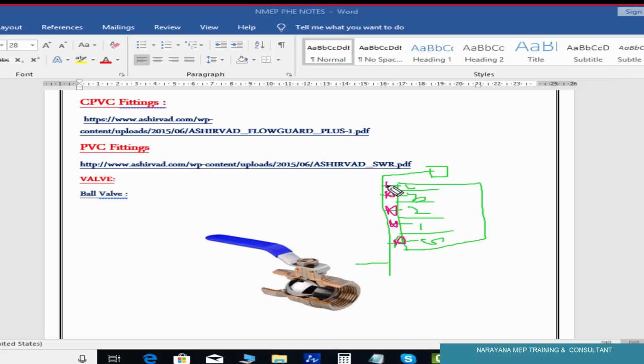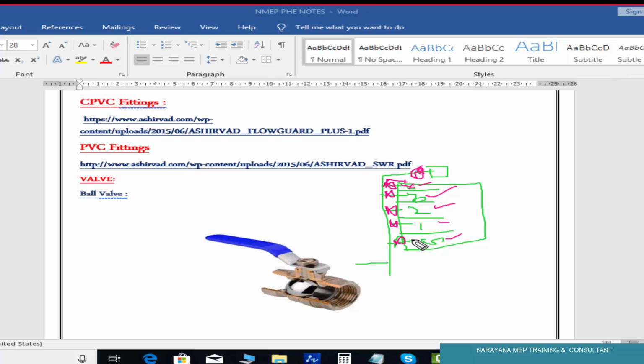This is to control it, due to maintenance. Suppose some leakage or damage happens here. So you can turn off this valve. No need to turn off this one, as one valve will be there also. So no need to turn off this valve, directly you can turn it off. The remaining floors you can work.